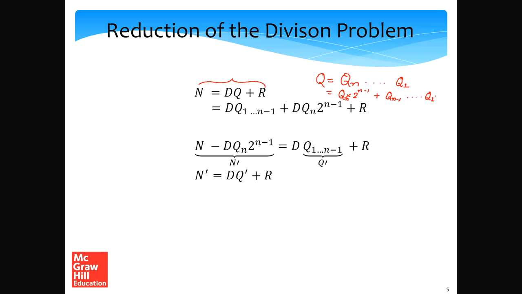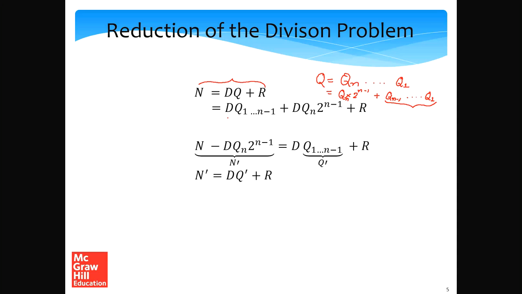Somebody who has forgotten what we learnt in chapter 2, all about bits and floating point numbers and so on, can go back to chapter 2 and refresh the knowledge, because we'll be using many results here. So what did I do again? I considered the quotient to be an n-bit number, and I take the MSB out. So I say qn times 2 raised to power n minus 1 plus the number that is left out of the rest n minus 1 bits.